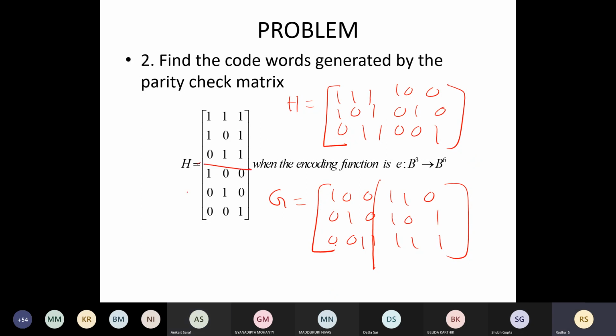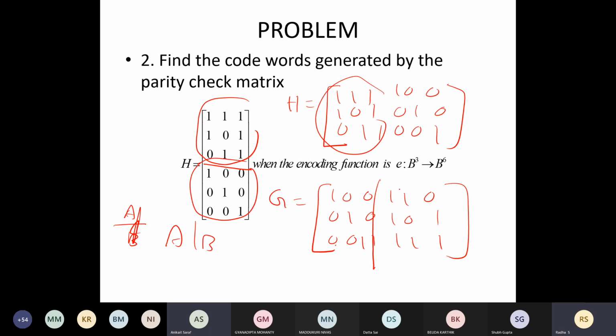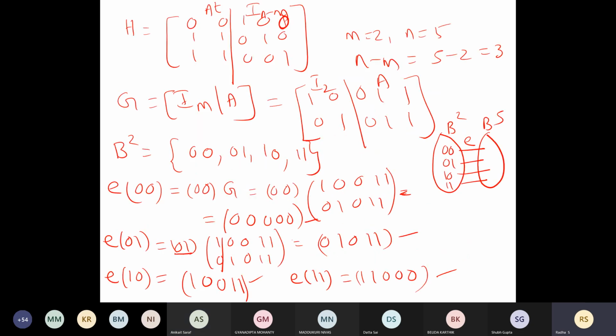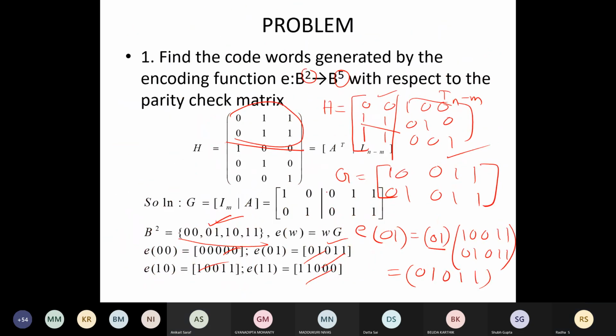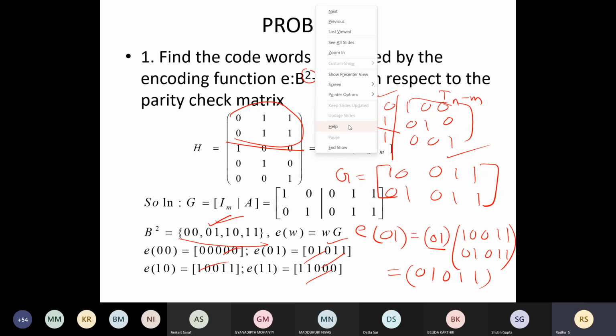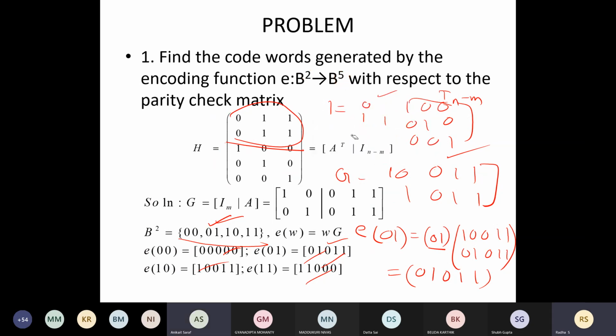It is being augmented something like this, but you have to write actually this way. So this I'm writing first, followed by this. But ma'am, in the previous one, you took the transpose. Here you wrote 0, 1, 1. Wait, 1 minute. I'll change it.